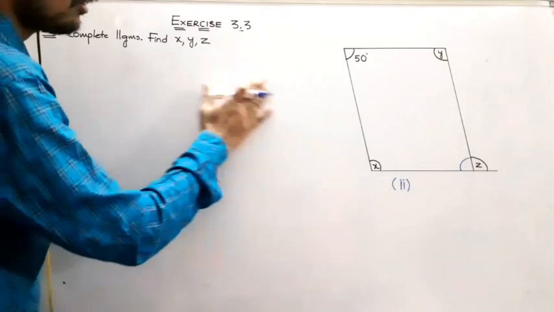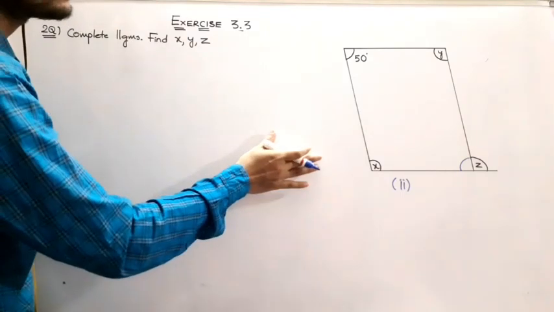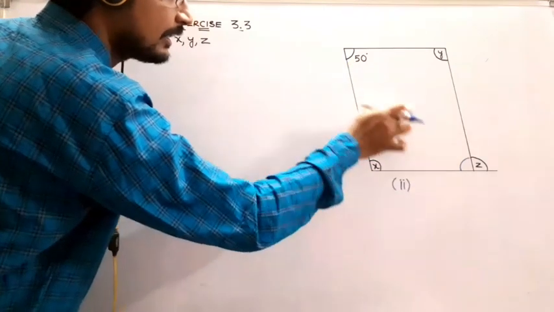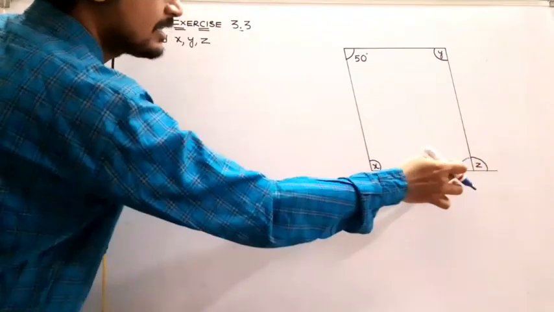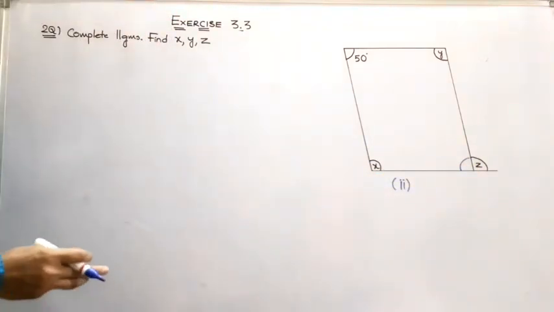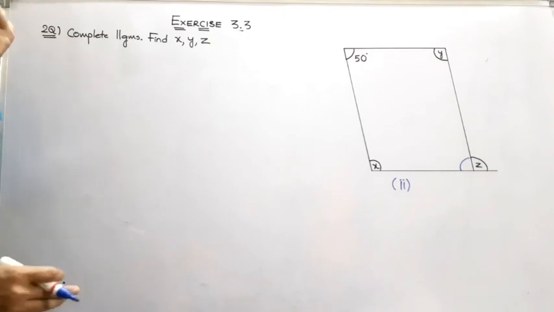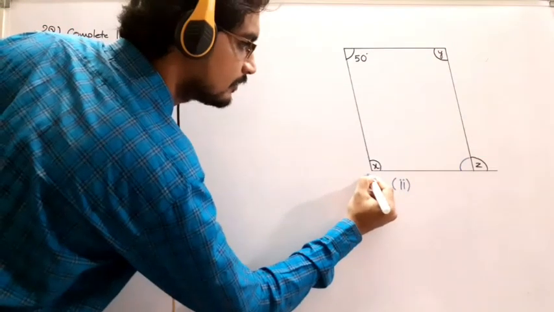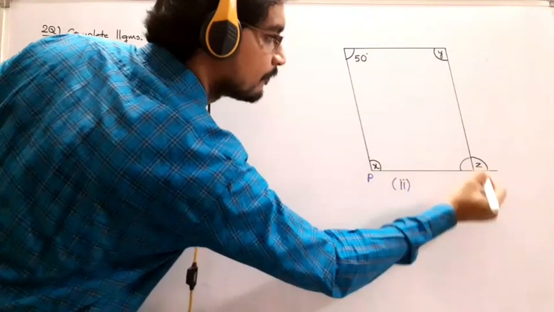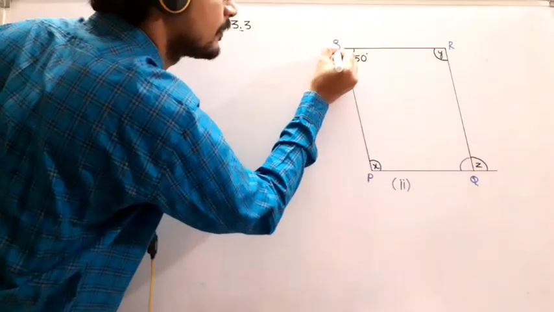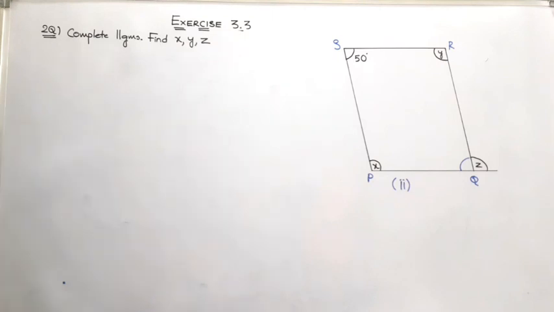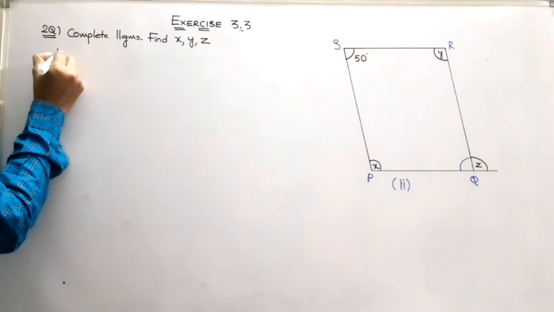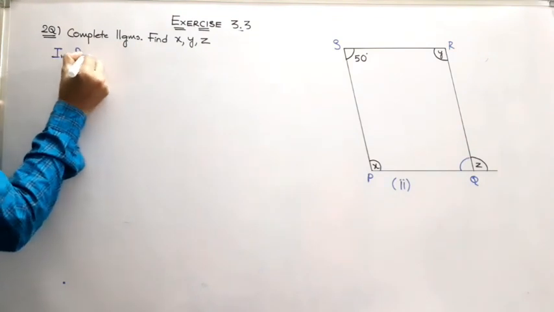So they already gave that the given figure is a parallelogram. Through that we can understand that in a parallelogram, opposite angles are equal and the adjacent angles sum is going to be a supplementary angle, or 180 degrees. Okay, we don't know the angle here. Better make this parallelogram PQRS. Okay, PQRS. In parallelogram PQRS, I am writing the solution, children.